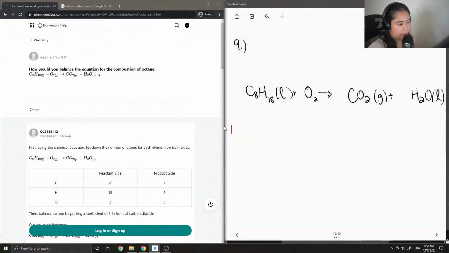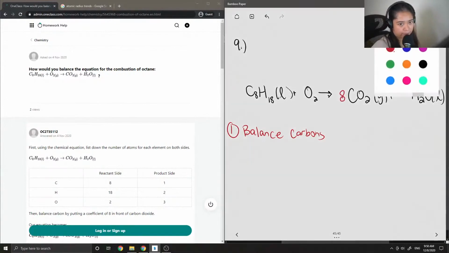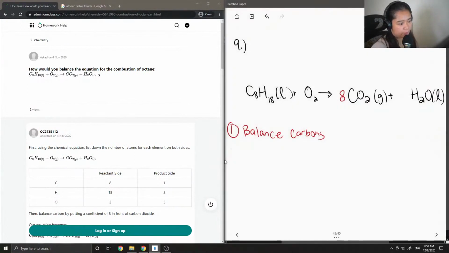So whenever we need to balance combustion reactions, I like to balance my carbons first, because typically whatever hydrocarbon you start with has a certain number of carbons. In our case, octane has 8. So all I need to do is add an 8 in front of CO2. And then